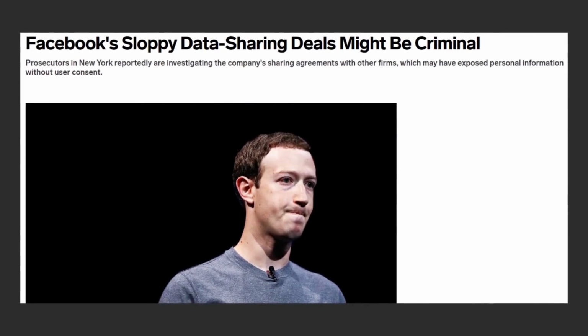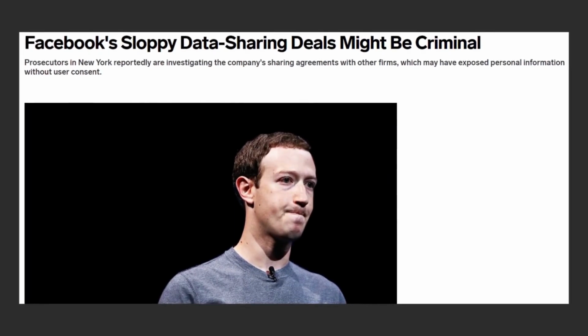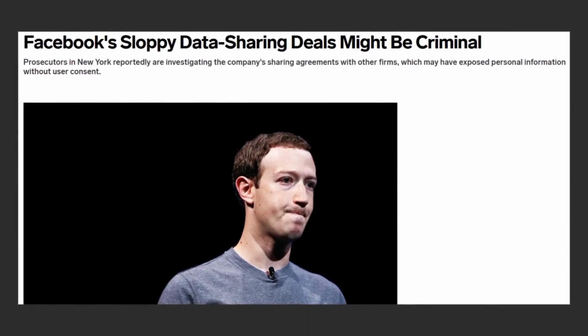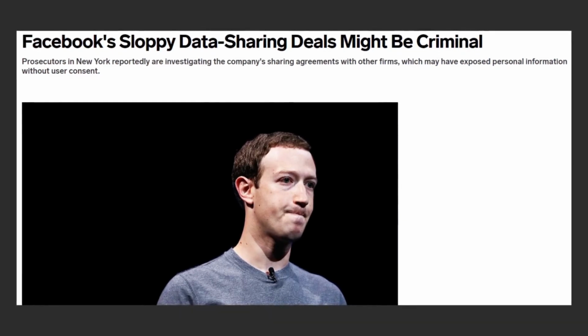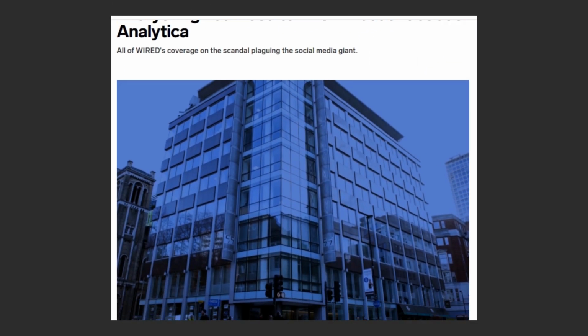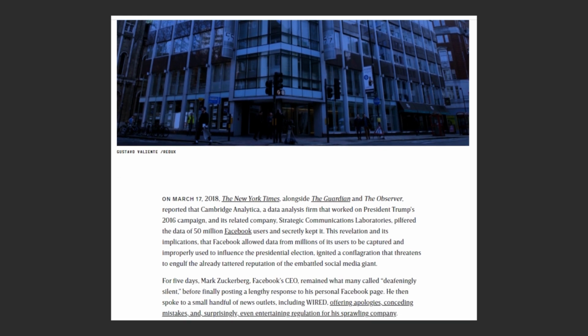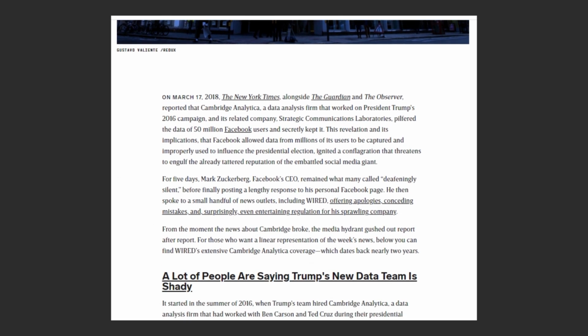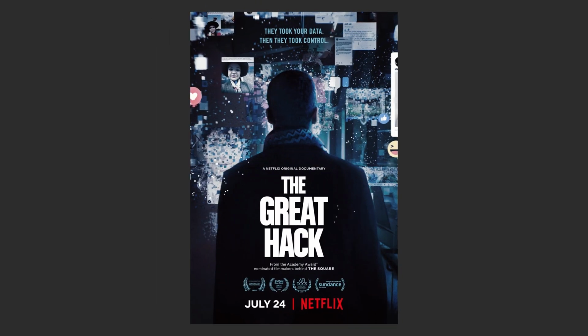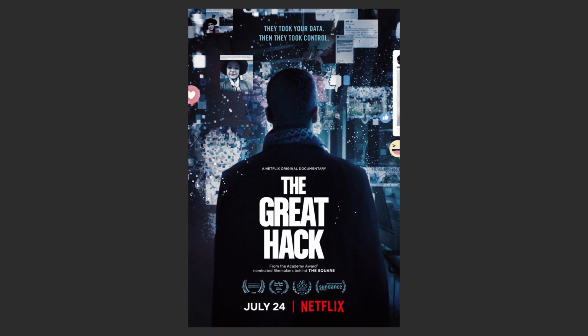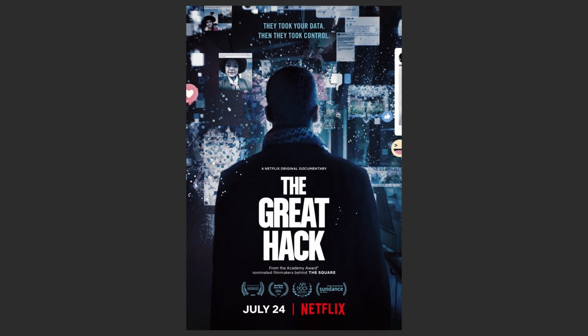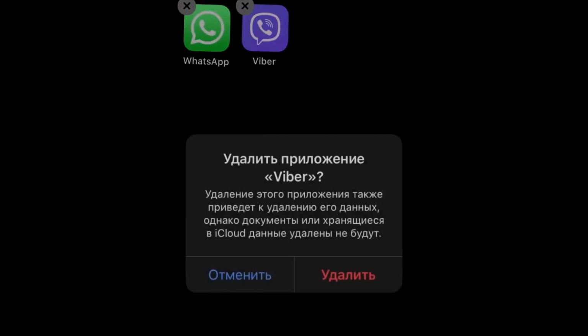Not long ago, Facebook was embroiled in a political and ethical scandal when it was unraveled that it had sold the data of millions of users to Cambridge Analytica, data that are believed to have influenced the results of the 2016 U.S. elections. For those who are interested to know more about Facebook's influence in the 2016 U.S. elections, we recommend that you read the in-depth article written by Wired about the topic and also to watch the movie The Big Hack.